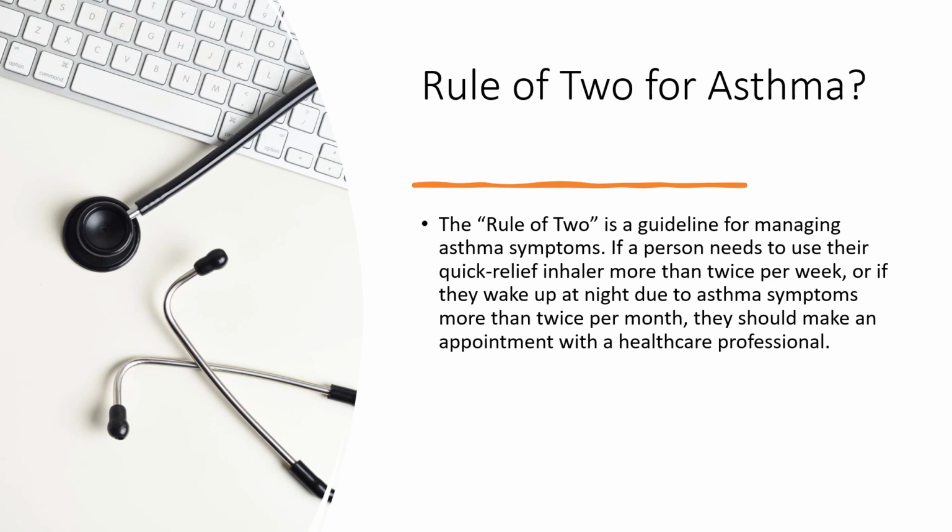So when you look at the GINA recommendation, at level 1, if you have to use your inhaler more than twice a week, that's considered to be uncontrolled asthma. All right. So again, that doesn't sound like, wow, that's really a lot. But the bottom line is, in well-controlled asthma, you should not have to use rescue inhalers at all. So that's where the rule of 2 comes from. So again, the idea would be, if you teach the person that has asthma, hey, look, if you're using that rescue inhaler more than 2 times in these situations, let's talk. Let's talk and make sure we're not missing something.